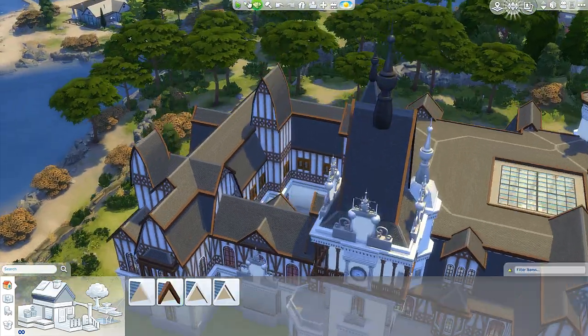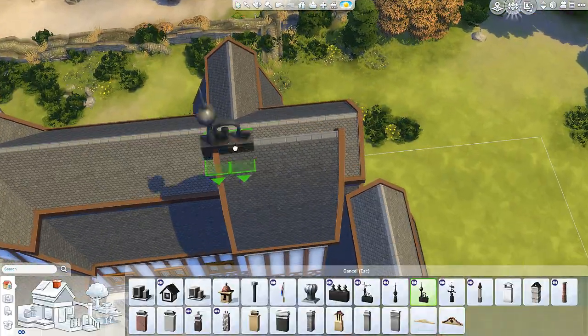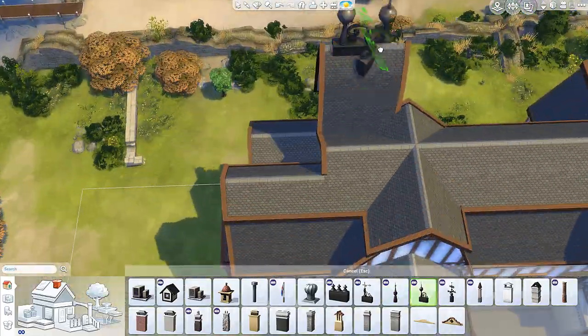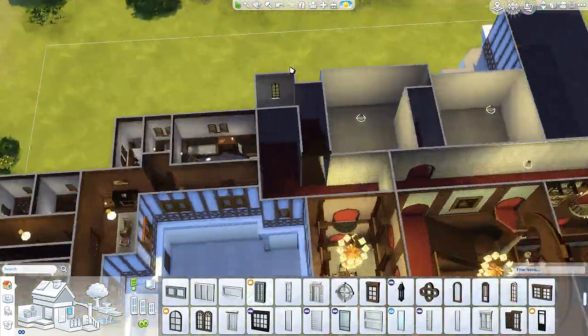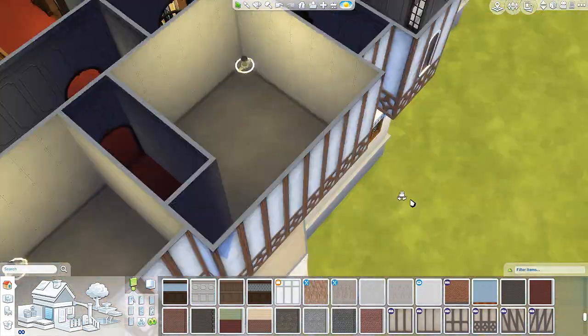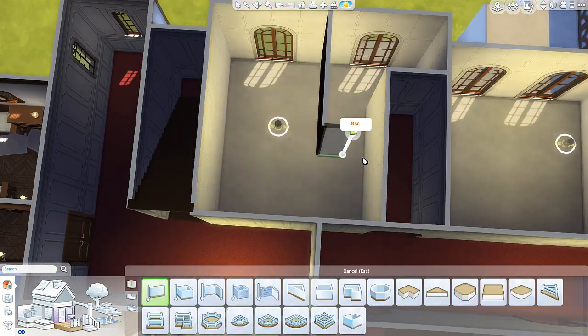And over here we're just editing some stuff on the outside because I had to renovate some of those areas on the outside, and of course we have to change how I also decorated the exterior to support the changes that I made. But anyway, these two bedrooms that we're about to furnish, as I mentioned, are guest bedrooms, and